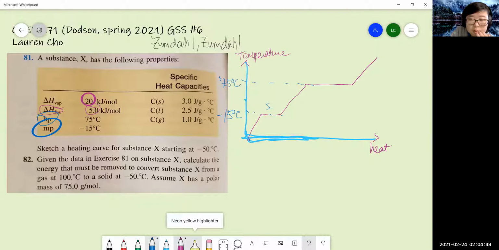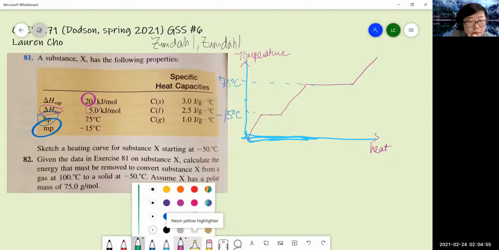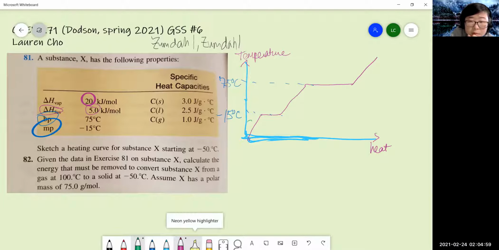I just undo those to give some more room. Okay, and then basically from that, we know this is solid. This is solid plus liquid. So I'm just going to say S plus L. This is liquid plus vapor, and then this is vapor. And then what you just need is, you know, that